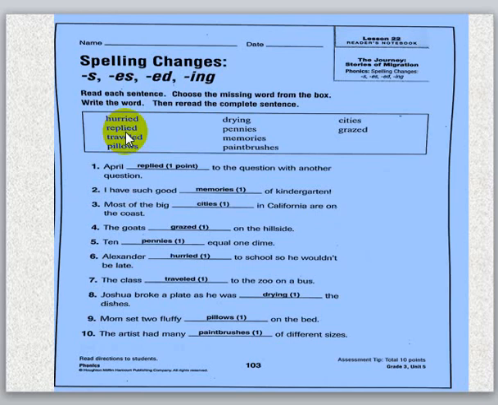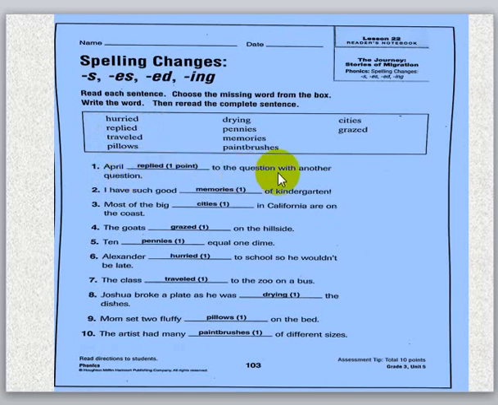Okay, so we have 2 steps before you change y into I. First, look at y. There is y. And second thing, ask yourself a question. Is there a consonant before y or a vowel? Yes, L is a consonant, so we change y into I. Then put ed, so you change this verb reply into the past. Okay? Like here in this sentence, number 1, April